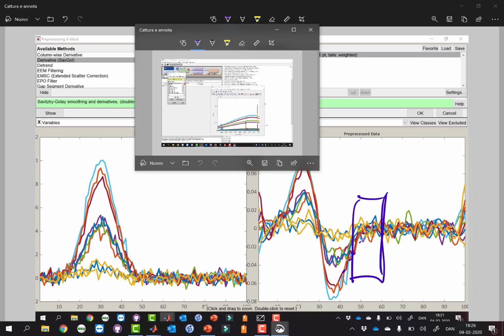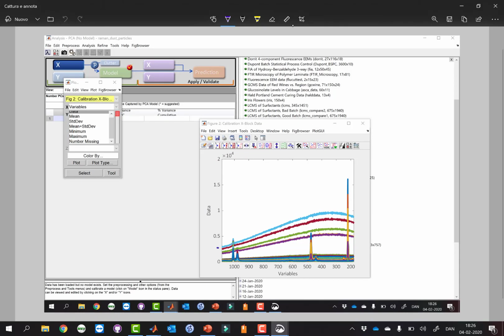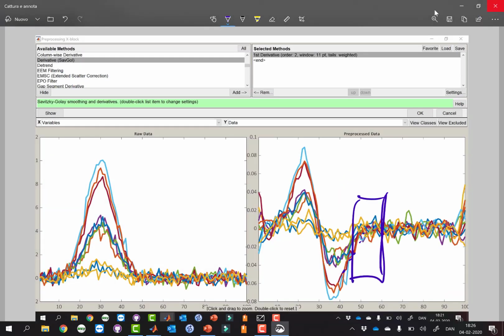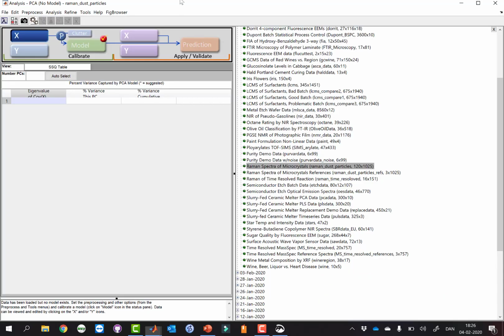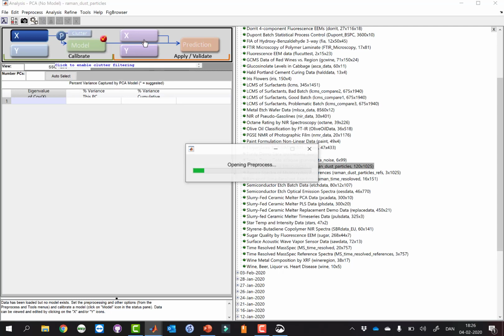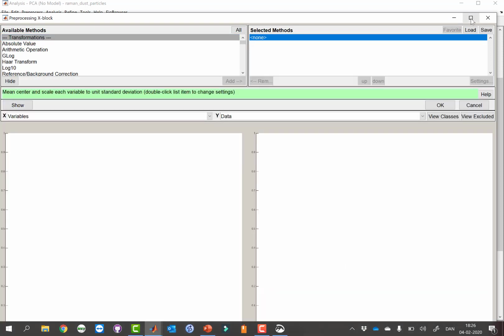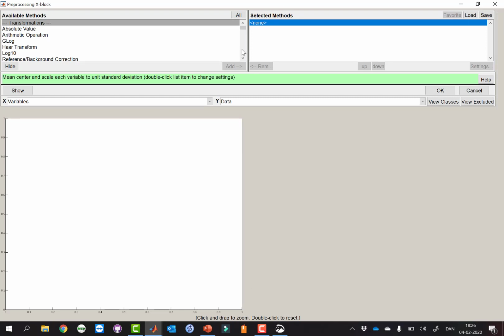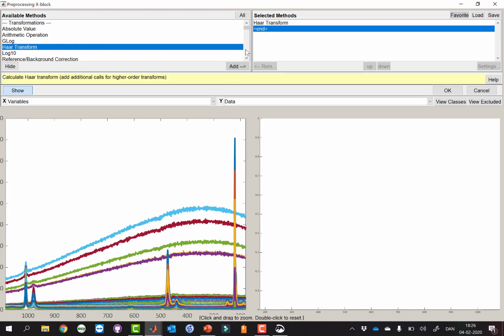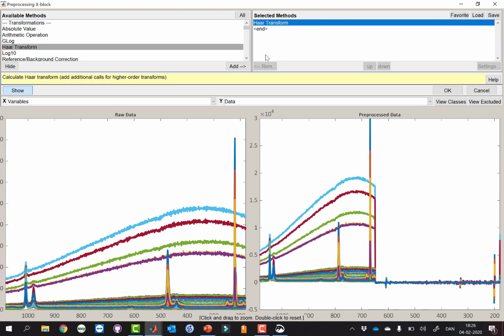And the thing here is that we're not really interested in the fluorescence, this smooth sort of baseline that we have in some of these spectra. We're interested in the peaks here. That's the stuff that carries information. Let's see if we can use derivatives to get rid of those baselines. So I'm gonna go back in the pre-processing interface, and we're gonna choose, oops, no, that's not what I want.